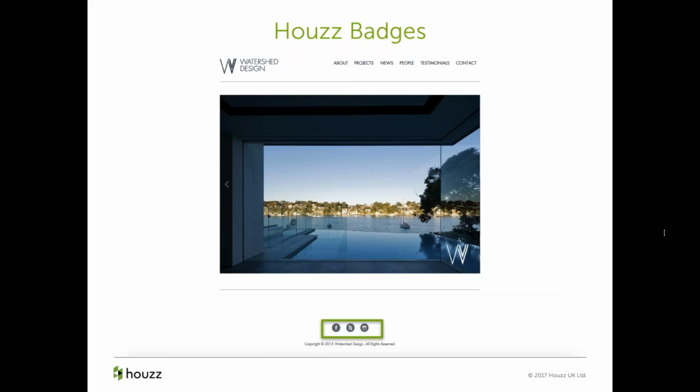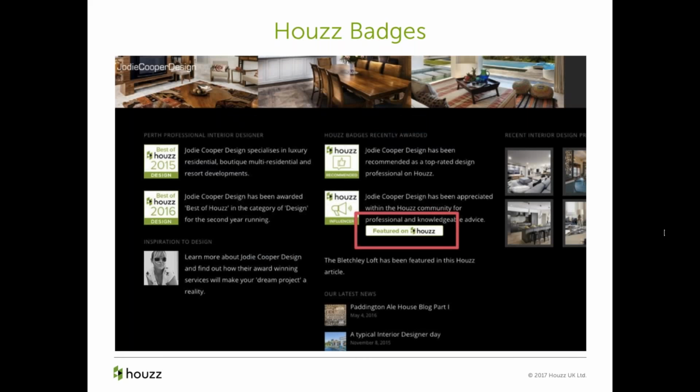It's a really big brand builder, basically. This is another example here on Jodie Cooper's website. You can see that she has a featured on Houzz badge. So we have quite a different range of badges. So you can choose from just the logo, larger or smaller, and also these featured on Houzz badges, which are